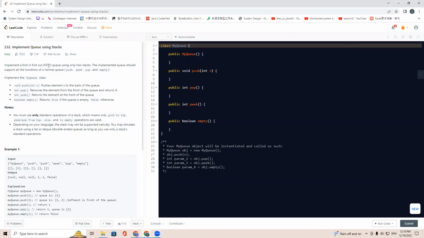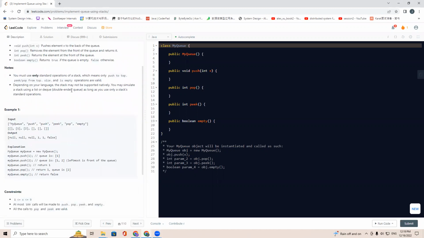Let's go through LeetCode 232, Implement Queue Using Stacks. We know a queue has the property of first in, first out. A stack has the property of last in, first out. So